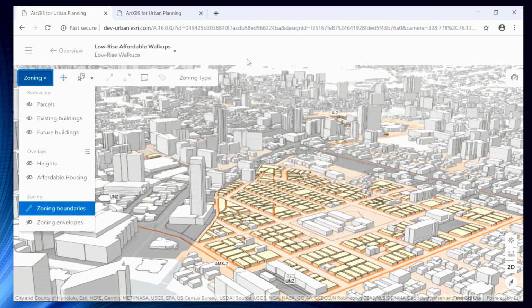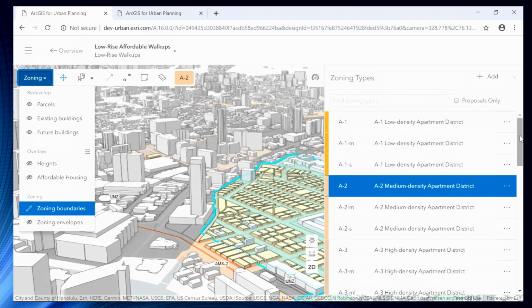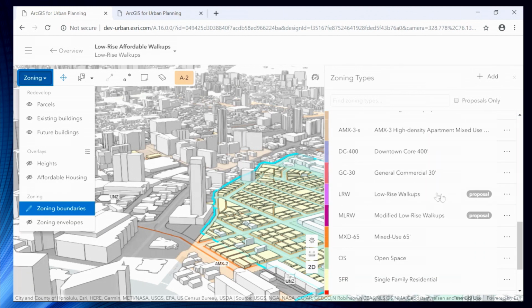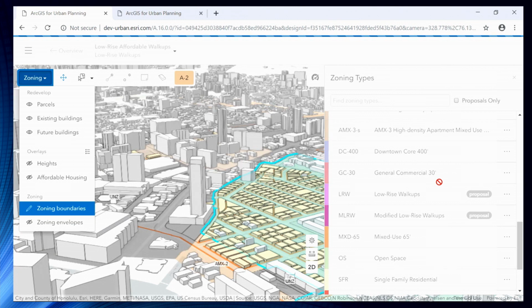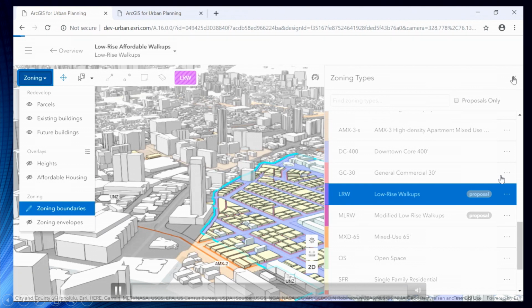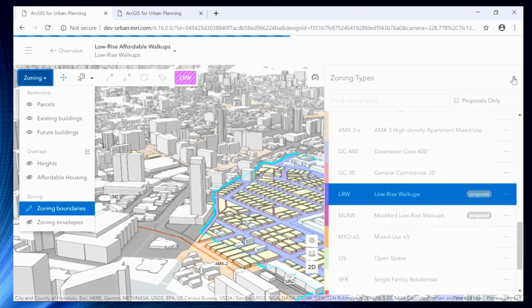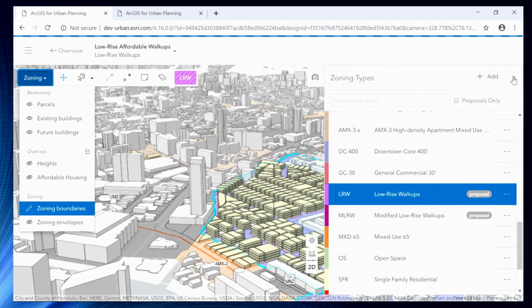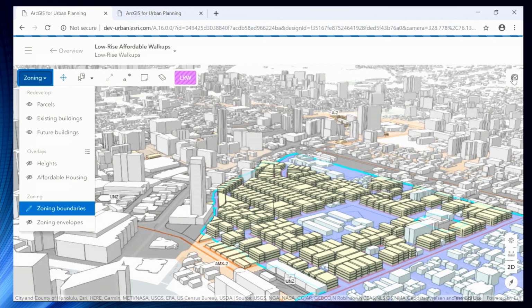We then changed to the low-rise walk-up proposal scenario. And the first thing that you're going to see is not all parcels are going to be affected because they don't meet the size requirements, or they exceed the size requirements. As it crunches through here, we're redeveloping several hundred parcels. It's bringing up what it would look like under those proposed standards. And what you see is a major lift in the heights of the developments that could happen there.